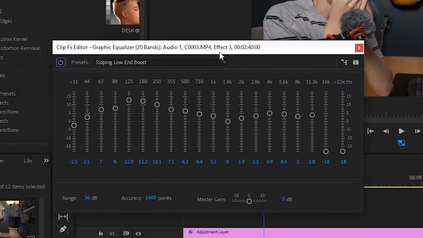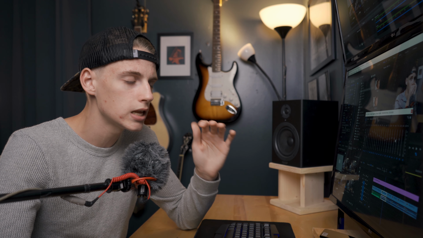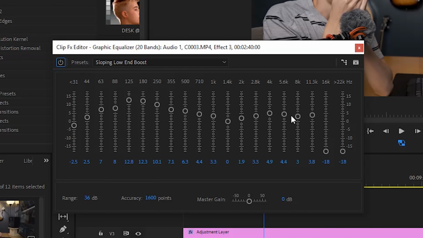so I tend to add some lower end into my audio. Now, I've been asked to do an EQ tutorial, how I EQ my audio. You can just pretty much take a look at this right here. This is usually how I EQ most of my audio. I tend to boost the lower ends and boost the high ends just a touch while keeping the midtones either a little bit lower or at 0, so I don't really adjust those and just end up boosting the lows